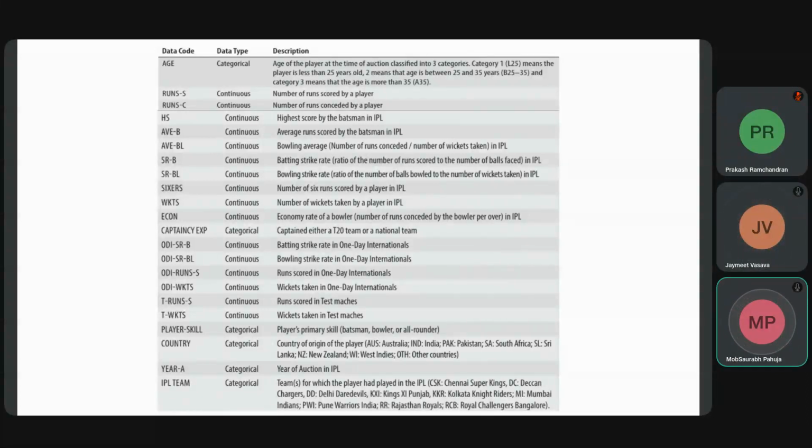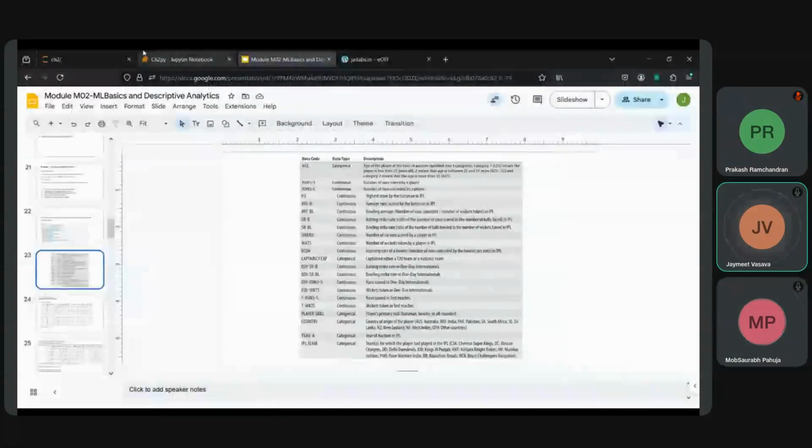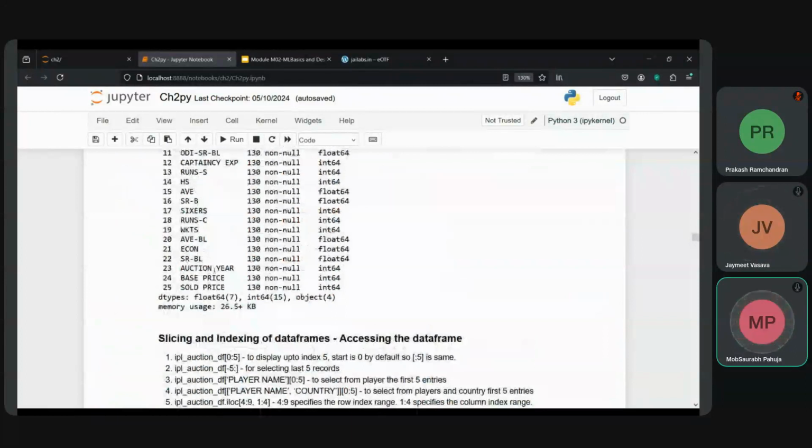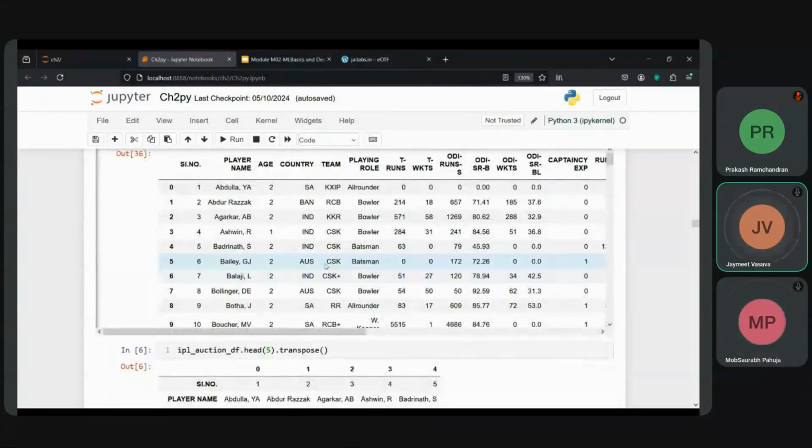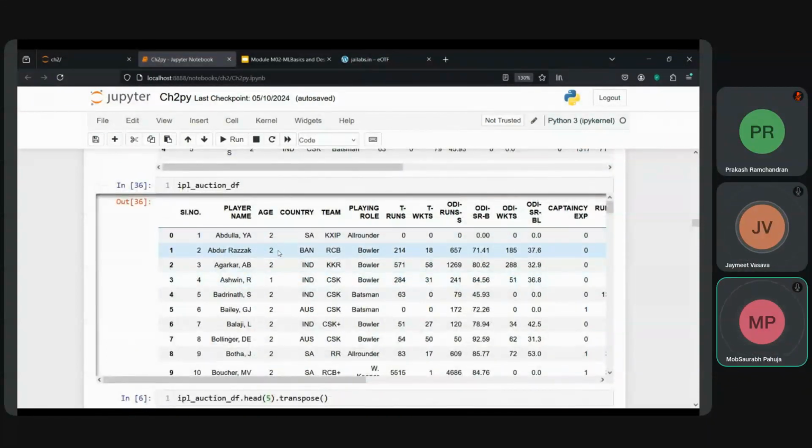Okay, can you just show that Excel where the data set is already created? Just a second, it will be easy to link the pieces and the function. So this is it. Age is there, playing role is there. Age 1, 2, 1, 2. So how has this age 2, 1, 2, 1, 2 been categorized? This is the data source, right? Yes. Age 2, 2. So if I go to cat 1, cat 2, cat 3,